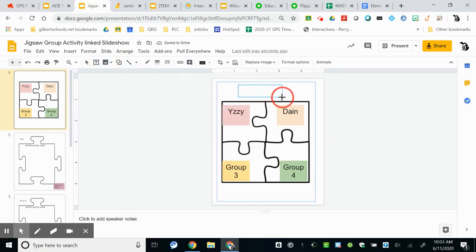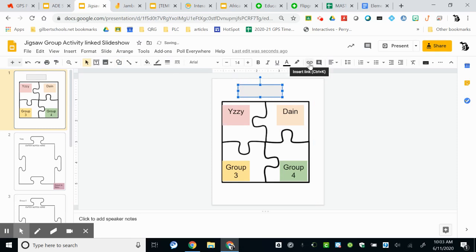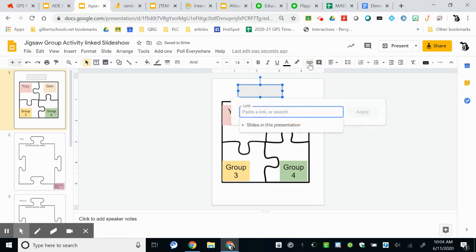I'm just going to put a shape on here and link that. So you click on Insert Link. This could be done with shapes, it could be done with text, it could be done with images. And normally we just copy and paste a link in there, but if you go right underneath it, it says